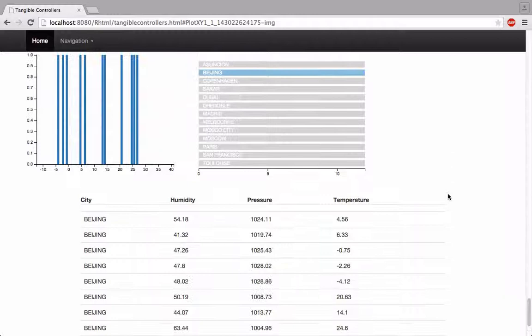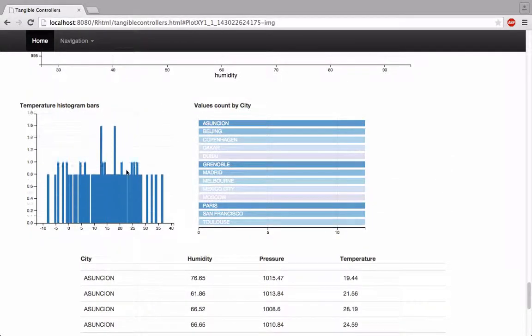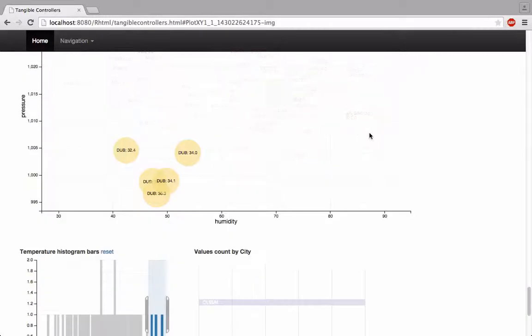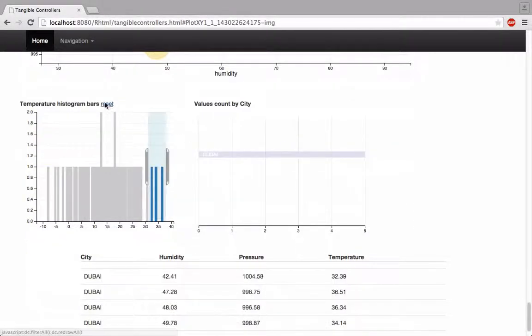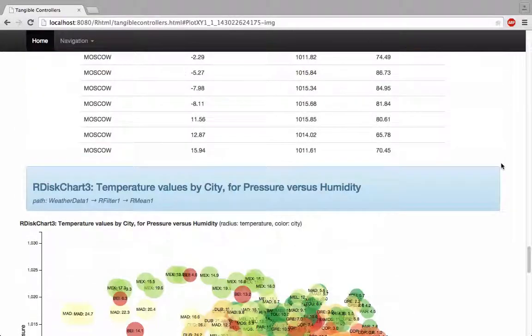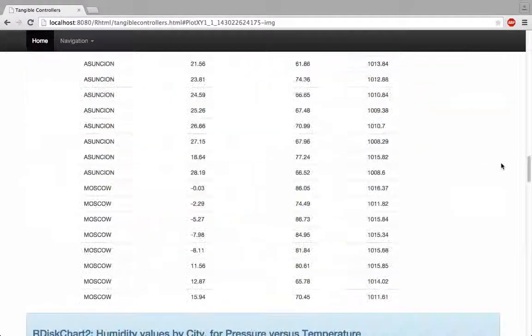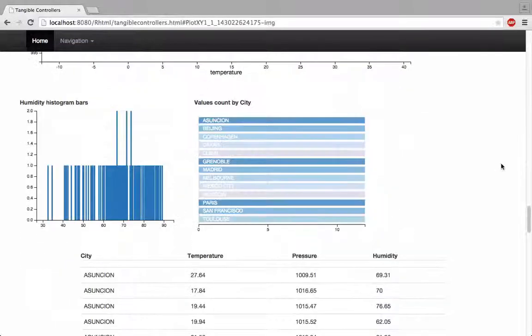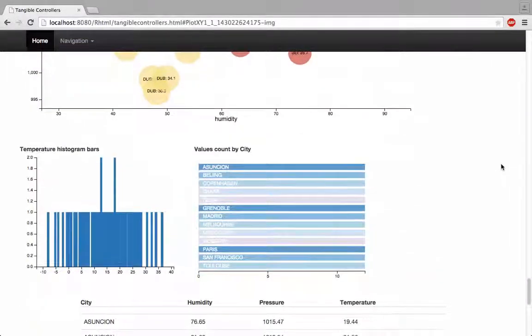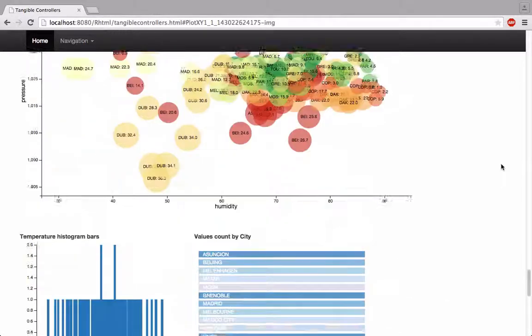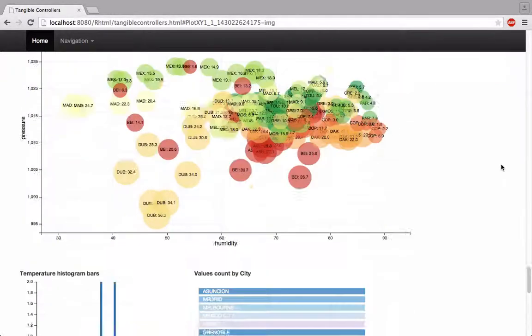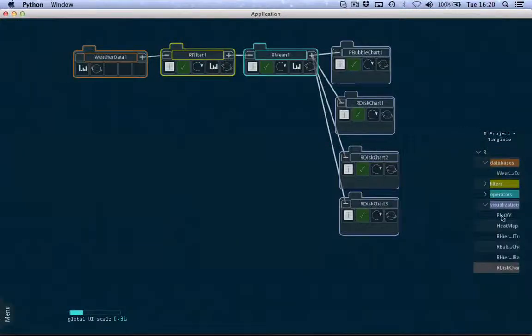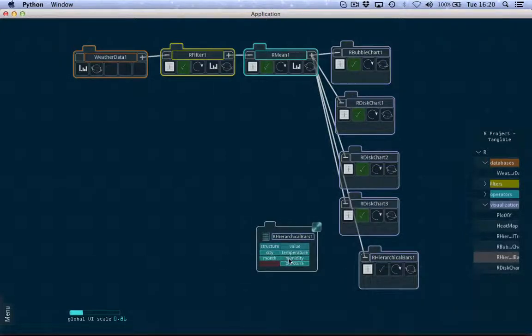So here we can see the values and we can explore temperatures, maximum temperatures, minimum temperature, etc. So this is a way to see complex relationships between variables with this single but very powerful visualization, which is the disk chart. The same data can be visualized with others, like hierarchical bars. We could deploy hierarchical bars and see, for example, humidity